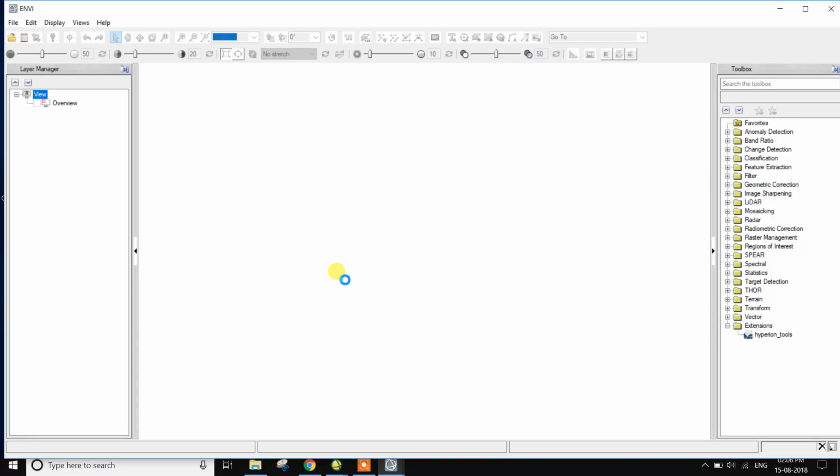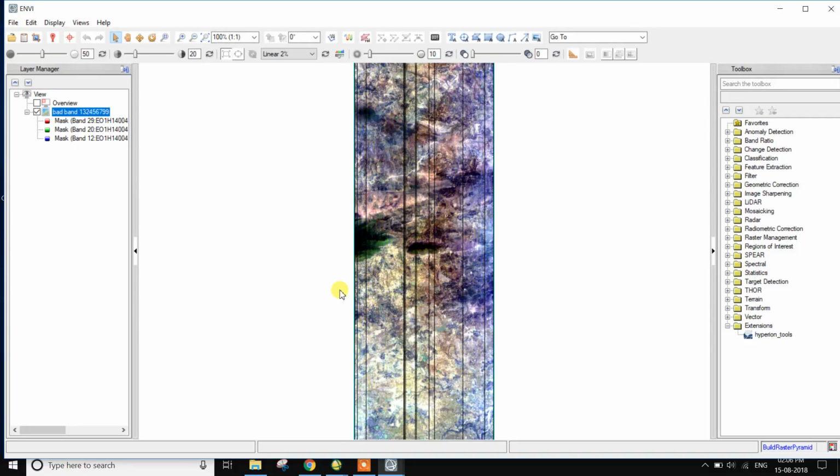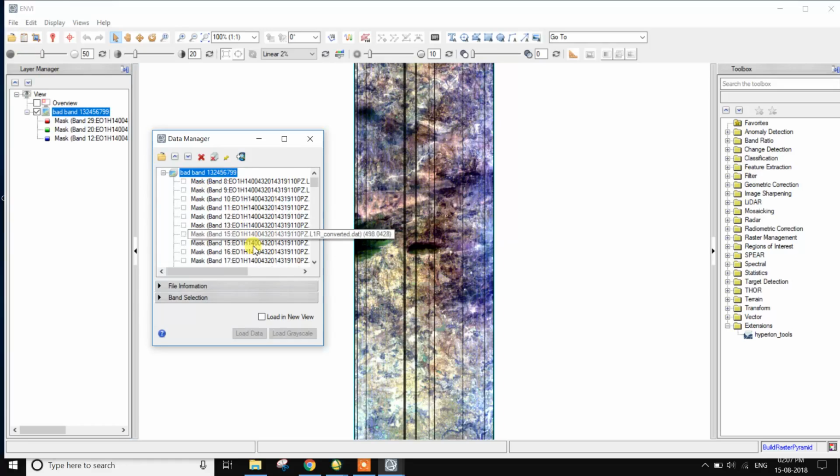Open the hyperspectral data, and this is the Data Manager. Select bands 40, 30 and 20.